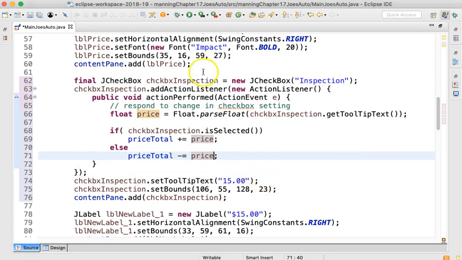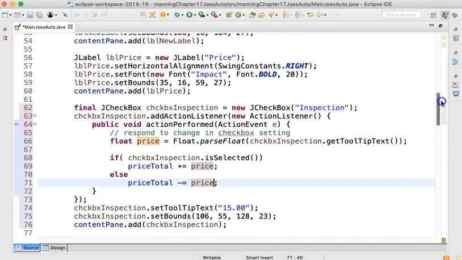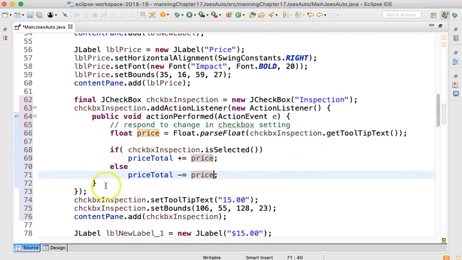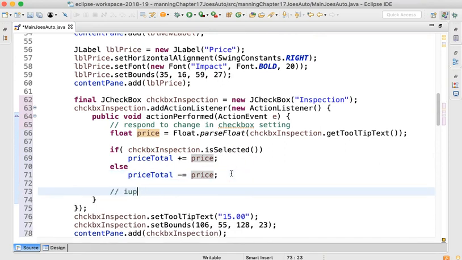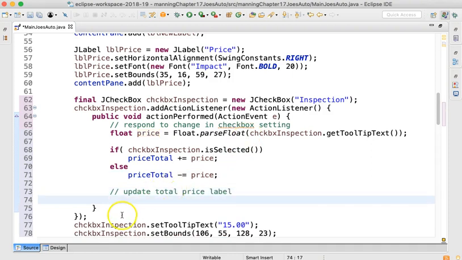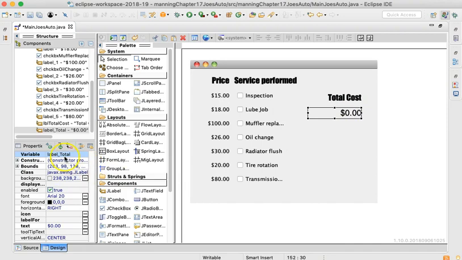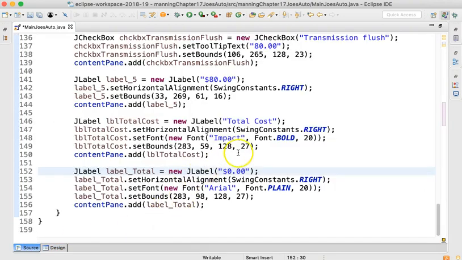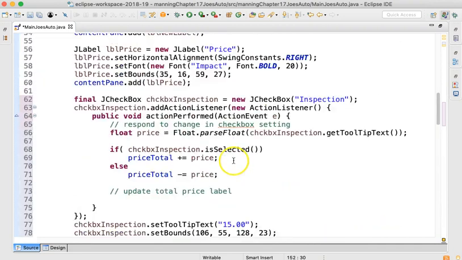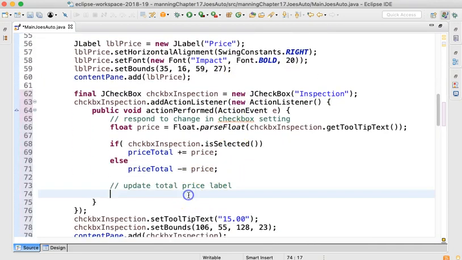Okay, so let's run and see if it actually works. Oh, I forgot one more thing. I need to update the label. Right now I'm updating the total, but let's update the total price label. And I've already forgotten what the name of that variable is. I can come over to design, click on it, and I see its name is label underscore total. Come back to here, and oh, it doesn't take me. I have to go back into my code. So label underscore total